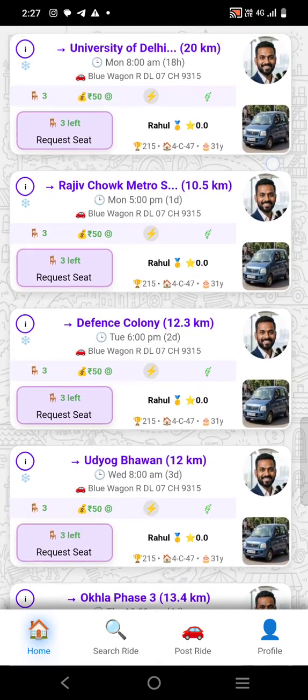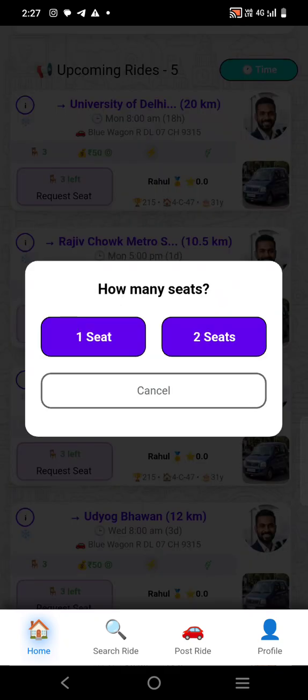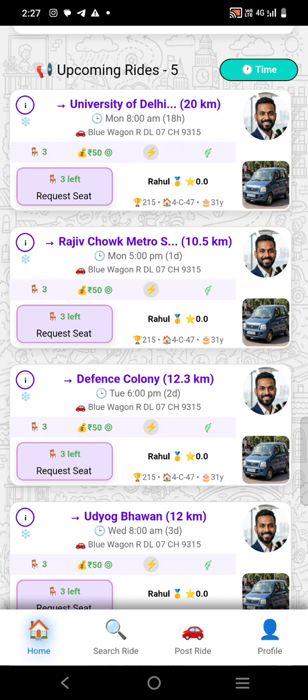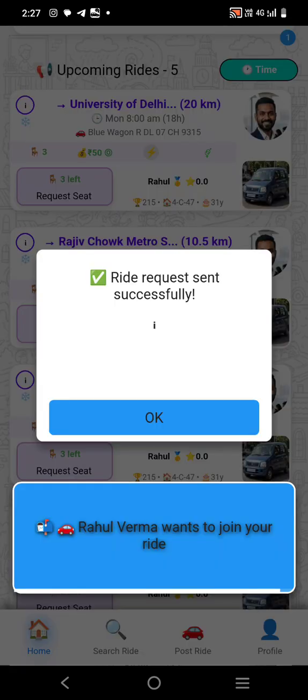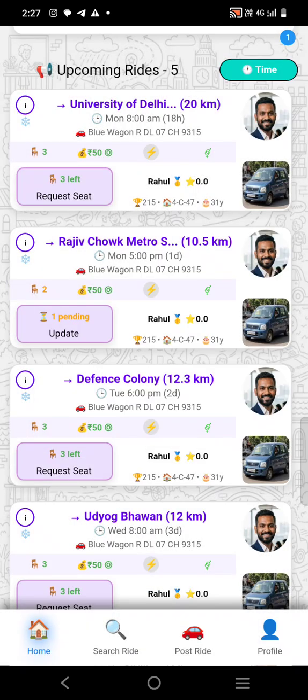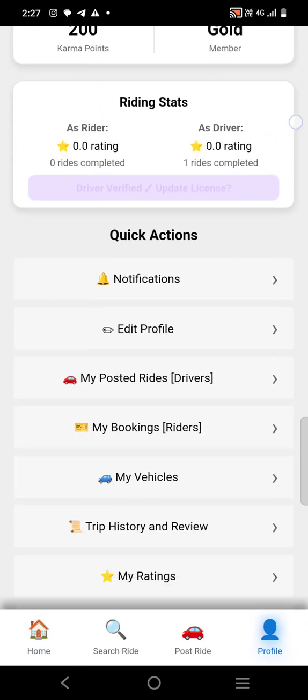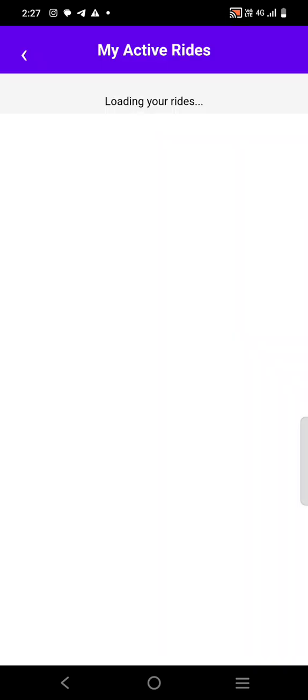He sees the upcoming rides and he requests a seat in this particular ride. So you could choose one or two seats. Requesting. As soon as it does that, a ride request gets sent to the driver. And if I now go back to the driver's point of view, on his own posted rides,